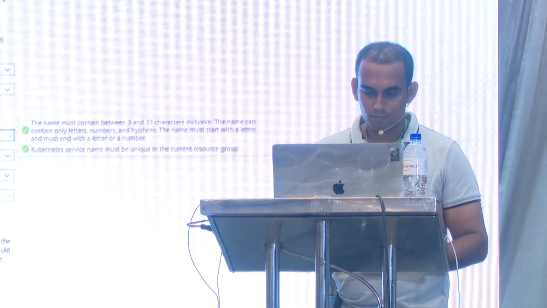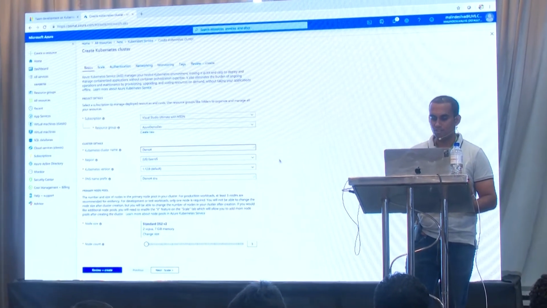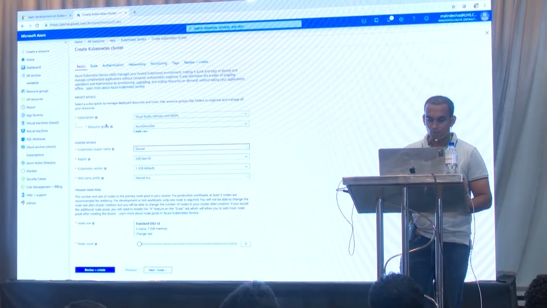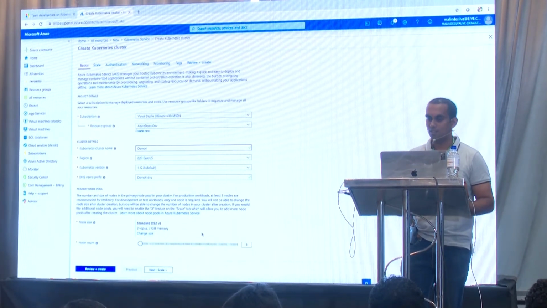I can simply search for Kubernetes service and go here. And I can select the resource group and the cluster name. You need to make sure that you select a region that is available for dev spaces. And then you can select the node size and the node count depending on the cluster that you are going to